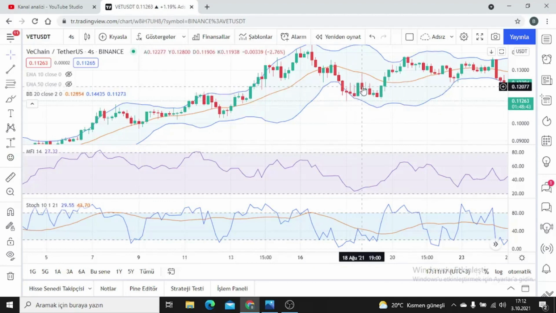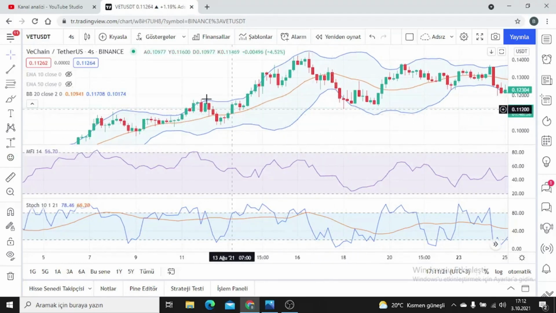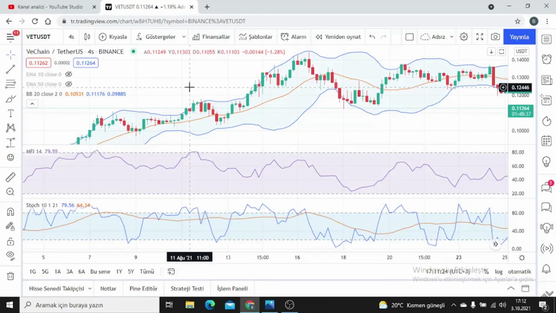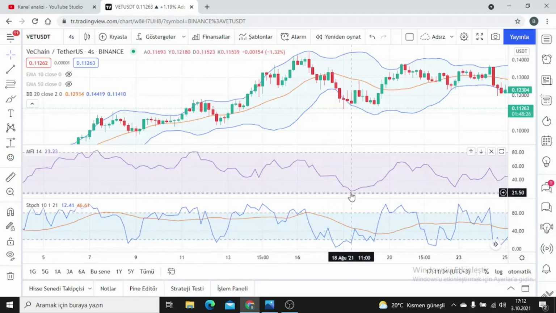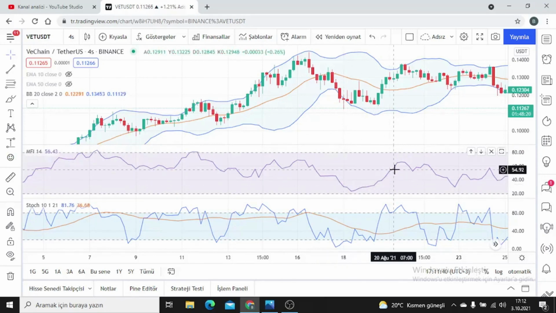Yes, that's right, it gave the right signal. There was a rise again, but I would have fallen into this fake signal. I could still stay in the process. In this way, you can apply it on 15-minute, 5-minute, 30-minute, 4-hour and daily charts, as I said, in order not to fall for fake signals. What am I confirming here? What was the indicator we called MFI indicator?